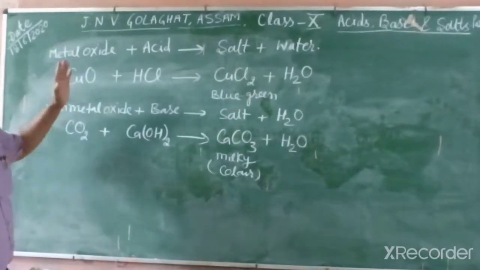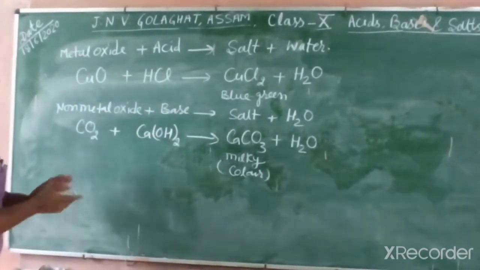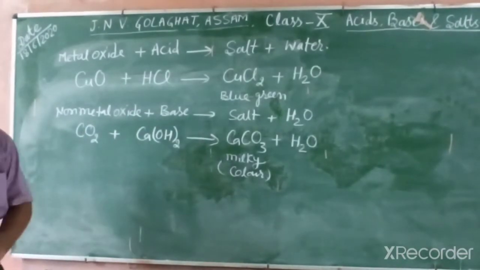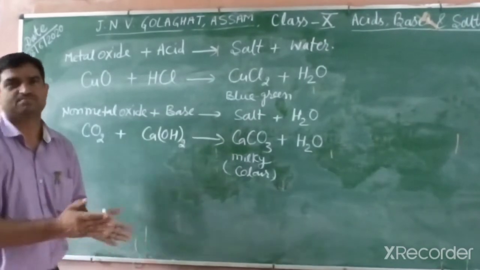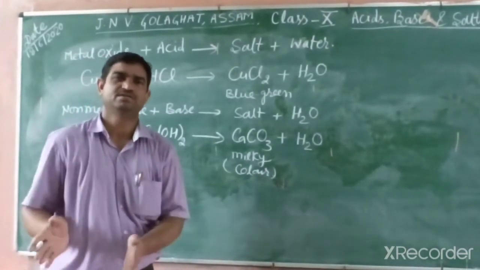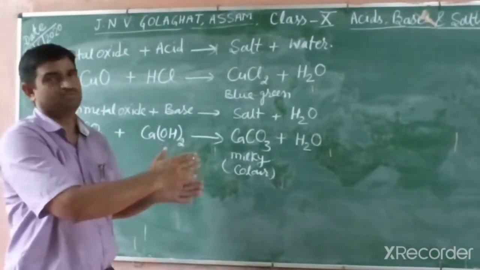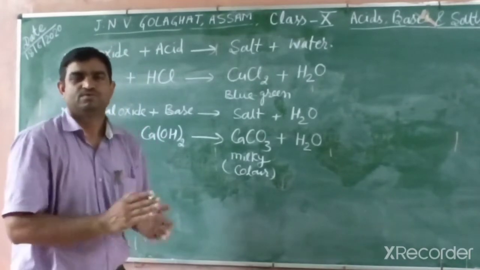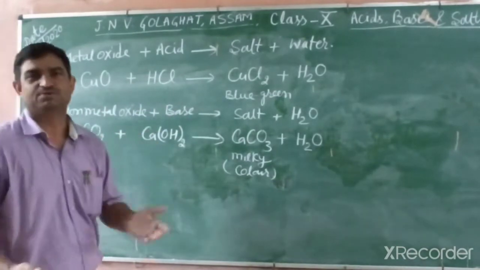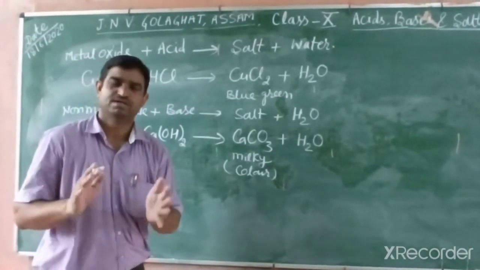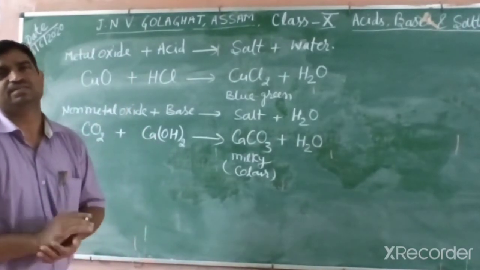How does metal oxide react with acid and base? And how do non-metal oxides react with acid or base? All the elements we can divide into two types, metals and non-metals, and some elements in the periodic table are metalloids, with properties between them. Almost all elements react with oxygen. When any metal reacts with oxygen, it forms a metal oxide, and when a non-metal reacts with oxygen, it forms a non-metal oxide. Metal oxides are generally basic in nature, and non-metal oxides are acidic in nature.